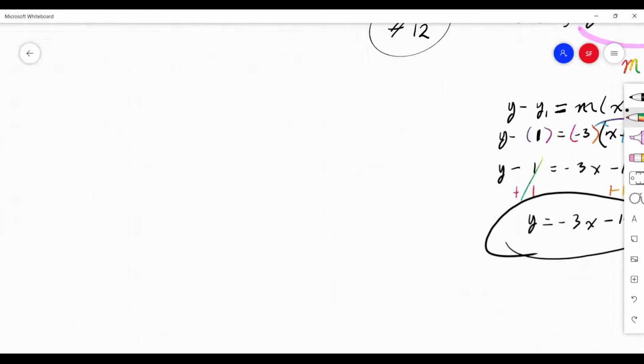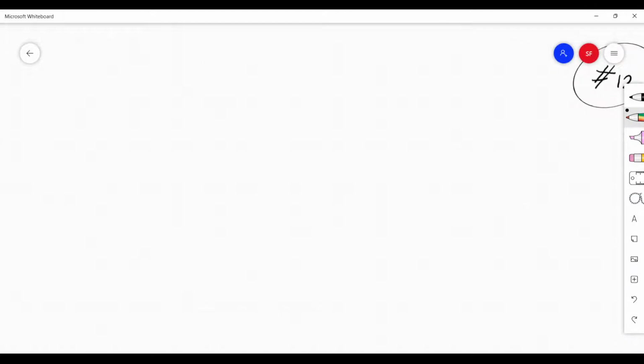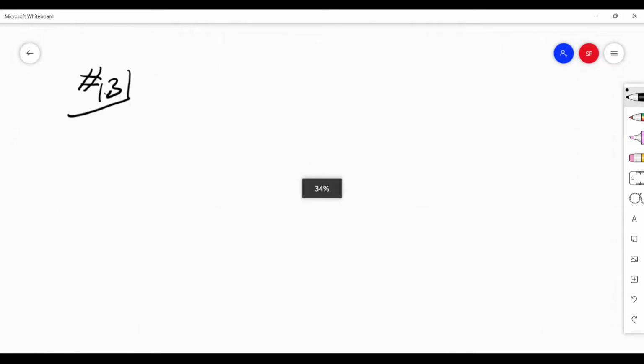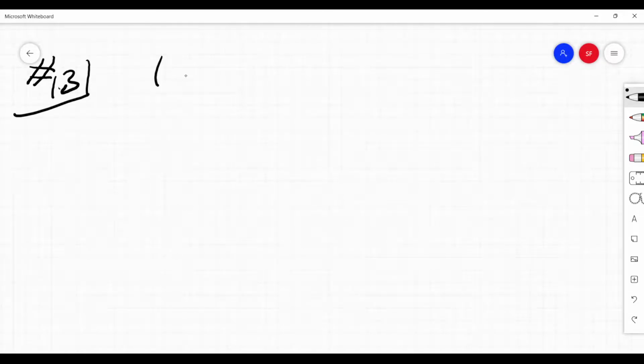What? Number 13 says, write an equation in slope-intercept form for the line that passes through the given point and is perpendicular to the graph of the equation, right? So for 13, the point is (1, 4). And the equation is y equals